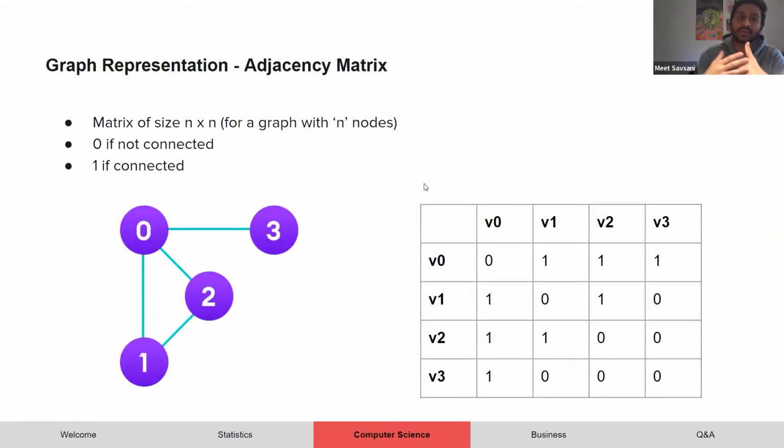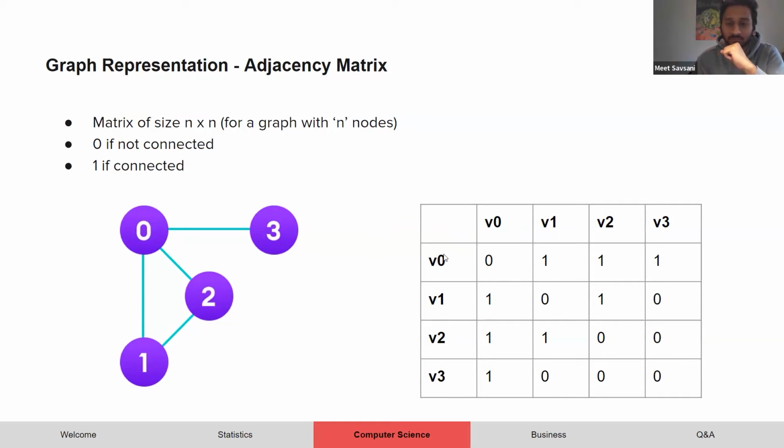Now, how do you represent these graphs? Okay, one way to do it is through an adjacency matrix. Now, an adjacency matrix is of size n cross n, where n is the number of nodes. And you create this matrix, and to input the values, we usually put 0 if the nodes are not connected, and 1 if the nodes are connected. So for example,